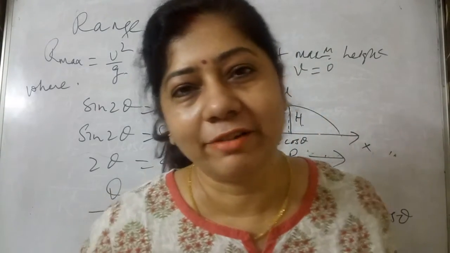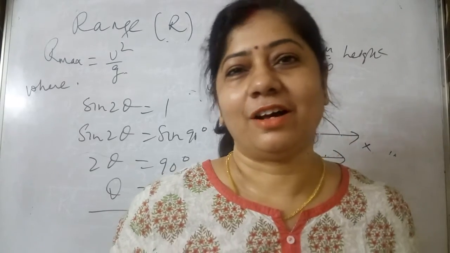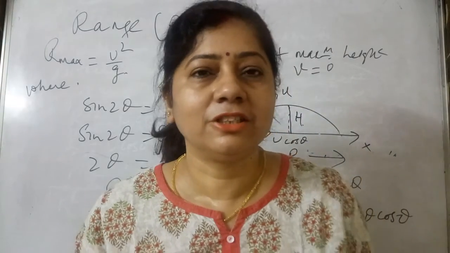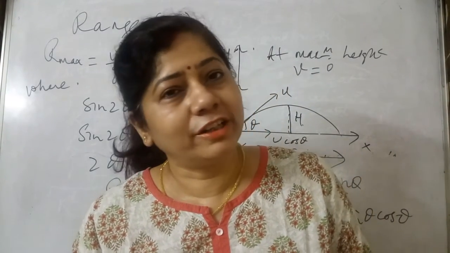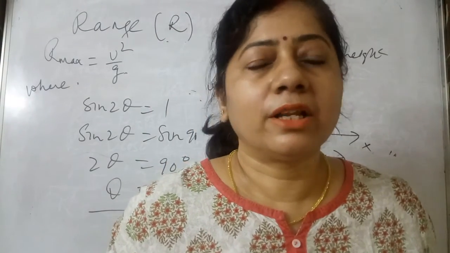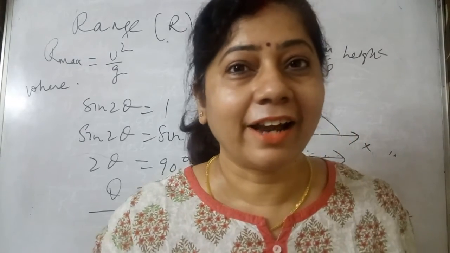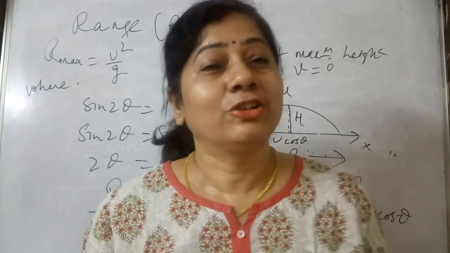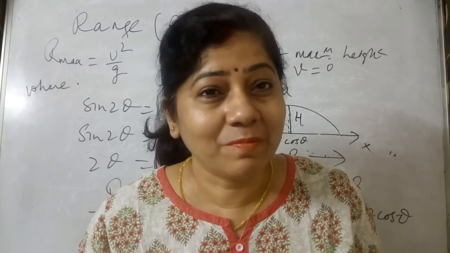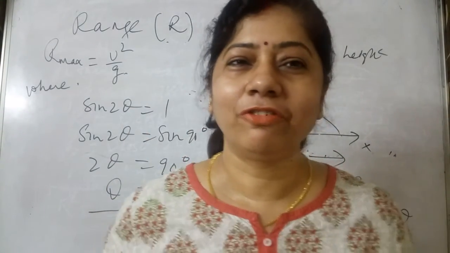One thing, it's not a homework but rather something very important. Generally a question comes on the same range. For the same range there are two angles of projection. It means, if we want the range to be 100 meters, we can have one of the angles as 30 degrees, then what should the other angle be? So for the same range we have two angles of projection. Think about it and try to get it.